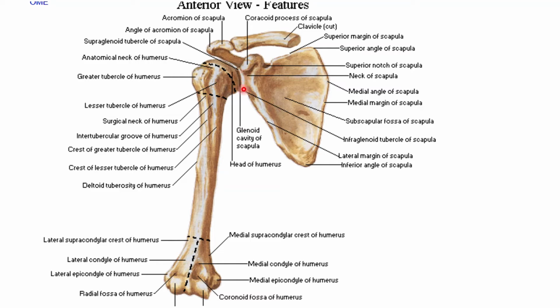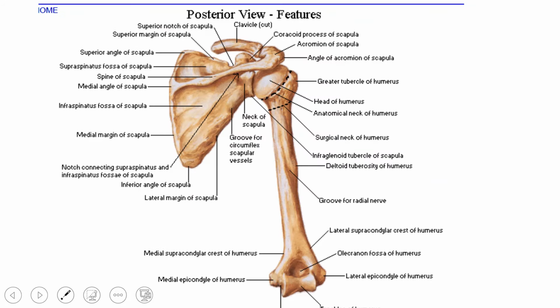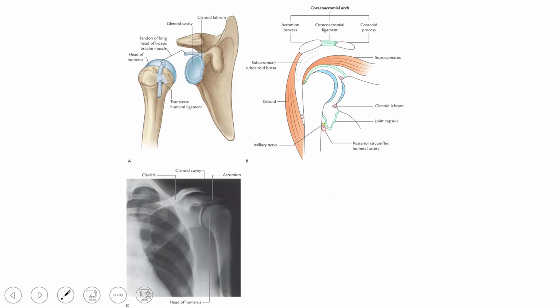On the other hand, the shallow glenoid cavity of the scapula makes out the other part of the articular surface. The glenoid cavity represents two tubercles here: over the upper end is the supraglenoid tubercle and in the lower end is the infraglenoid tubercle. The glenoid cavity has a peripheral margin. The articular surfaces of the joint are covered by cartilage, which is called hyaline cartilage.